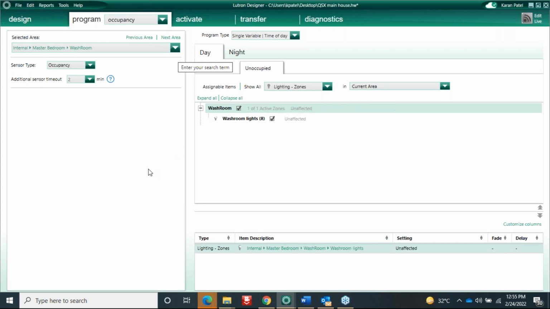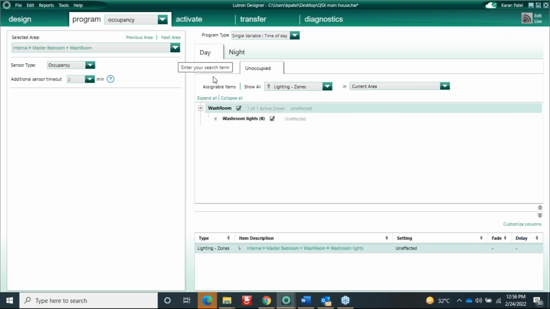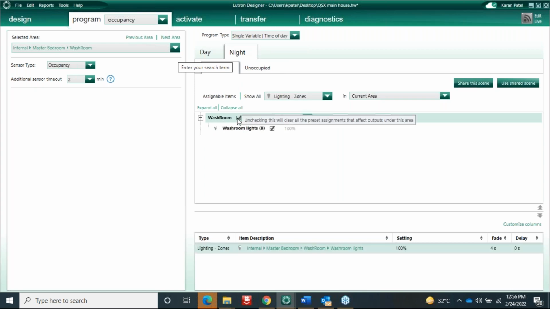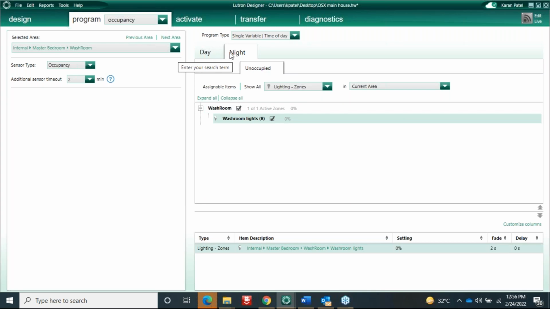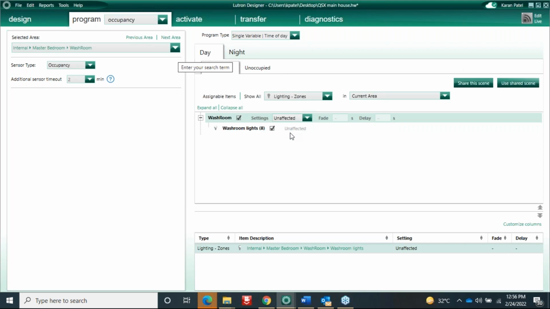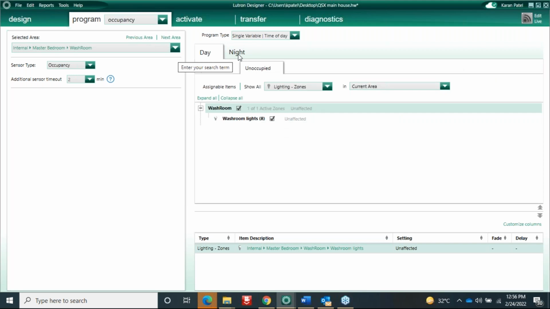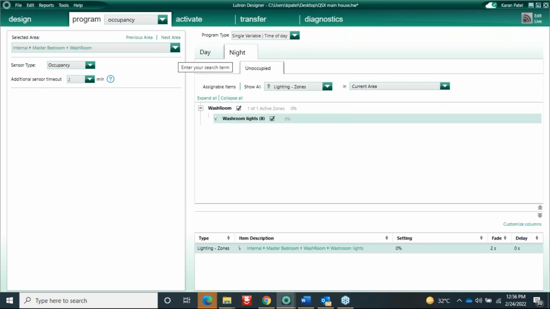Okay, so now the sensor is totally disabled because both actions are unaffected. Daytime occupied also and unoccupied also. Night time, I will say whenever sensor is occupied, make it 100%, and under unoccupied state, make it 0%, right? So basically what I'm trying to do here is I'm having daytime and nighttime, and daytime I will say both as unaffected, and nighttime I will say lights on and then lights off. Then I need to tell the processor what is day